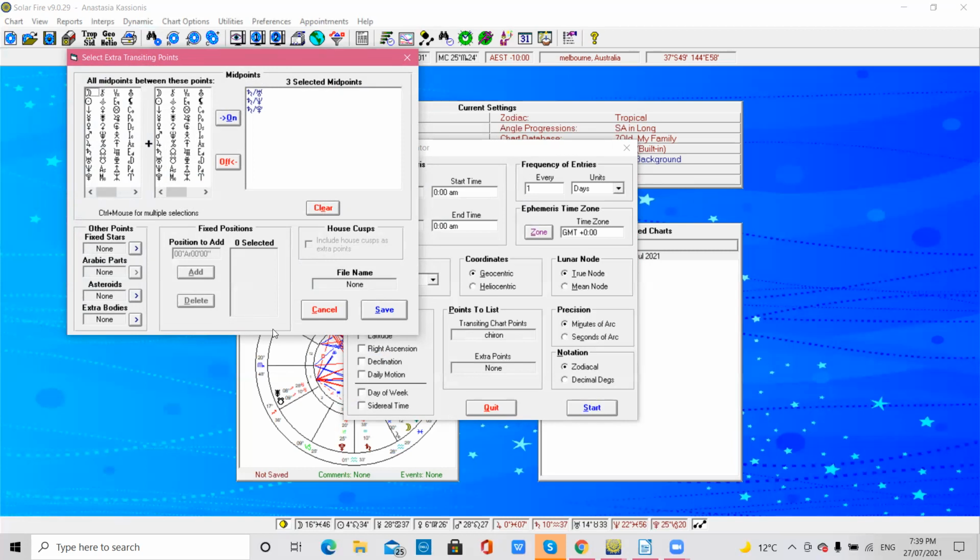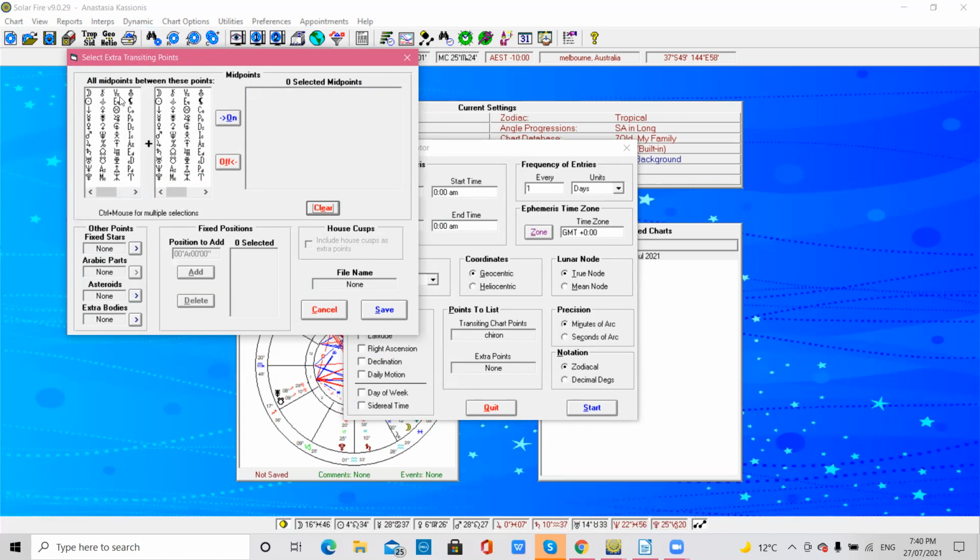Here is where you can actually look at any midpoint you want between any two bodies for that matter. But my suggestion is to begin with, have a look at these, and I've actually put them in here. So let me just clear it and show you how that's done. On the left-hand side, you can see there's all these symbols, a whole bunch of symbols. Now, you need to know your symbols. You need to know the zodiac, etc., to understand what these symbols are. There's quite a few of them there that some of you may not be familiar with, so that's just something you'll have to